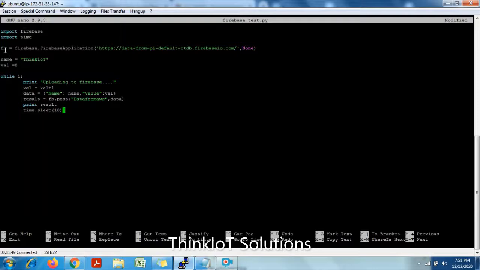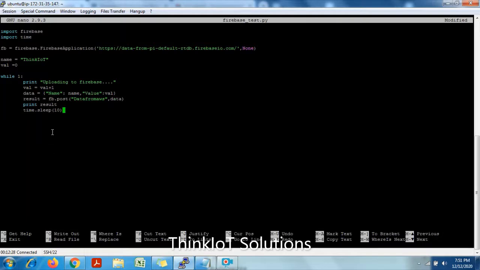Okay, fb equals firebase dot firebase application, give the application link, giving values whatever they might be. If you want to change this, you can change these values with field names and all, and store that in a variable called data, or any variable name you want. You can store it in this particular format itself. First, curly brace open, in double quotes field 1 colon the value of field 1 comma, in double quotes field 2 colon the value of field 2 comma, in double quotes field 3 colon the value of field 3, and continue. However many fields you have, you can add that many fields here. Okay, clear. Now I will save it.